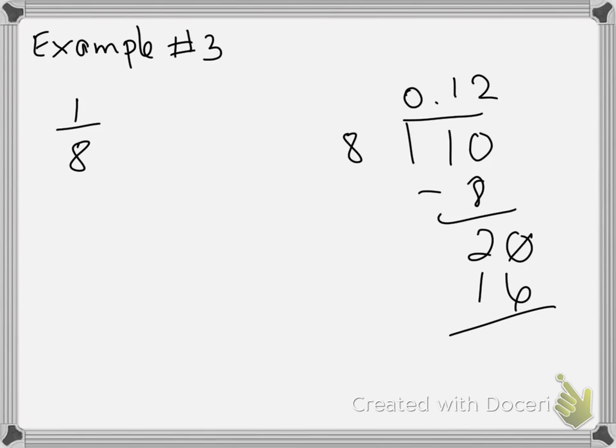16, subtract, that's going to be 4. You add another placeholder, and that's going to be 5. 40, and then you have remainder 0. There you go. So 1/8 is the same as